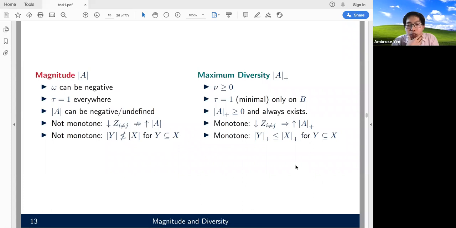And if we compute the maximum diversity of a subset, that's always less than the maximum diversity of a set, including that initial set. So it's not a TARDIS, and maximum diversity has more intuitive behavior that conforms to what we imagine as a size.